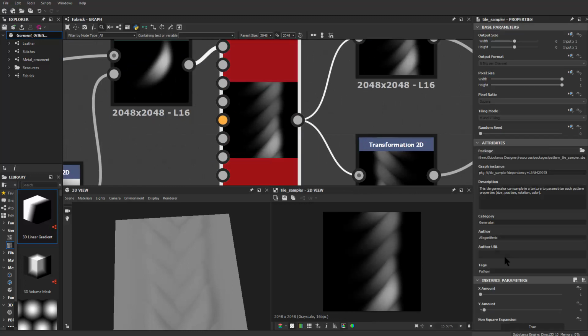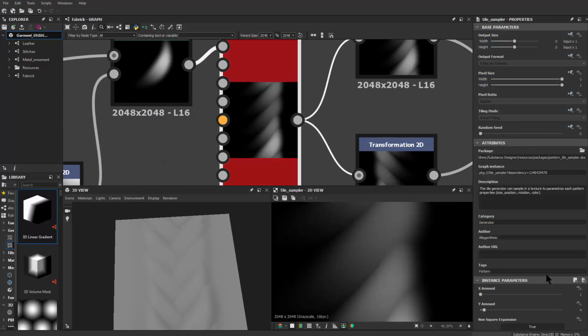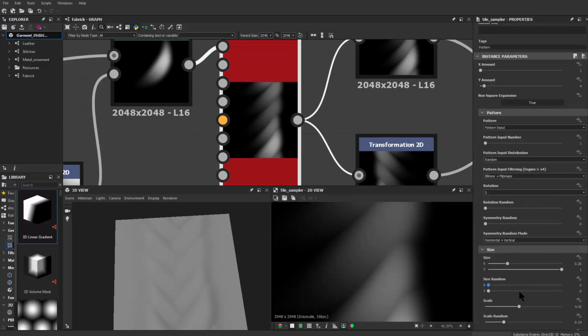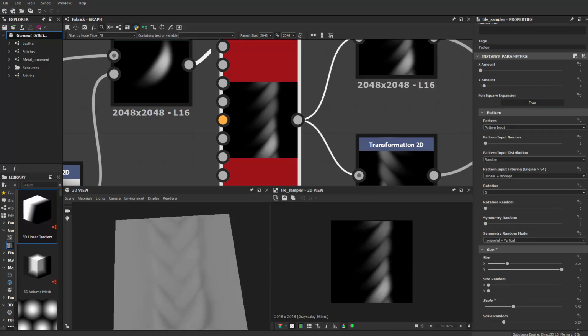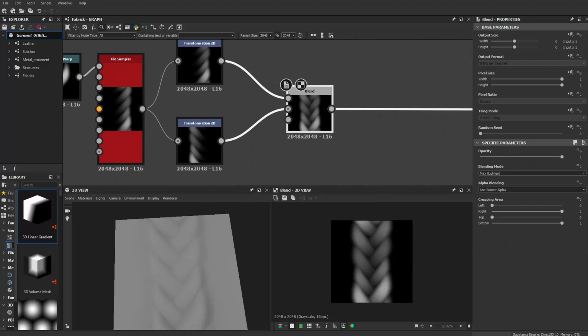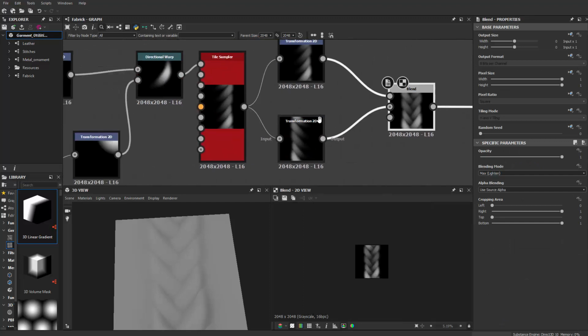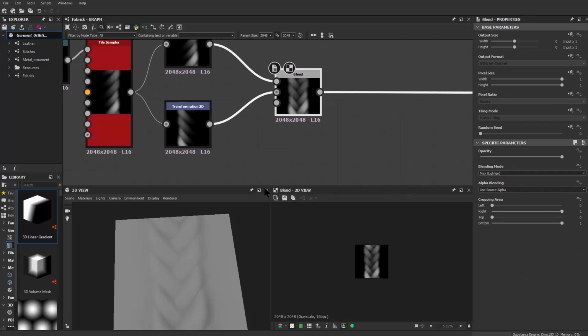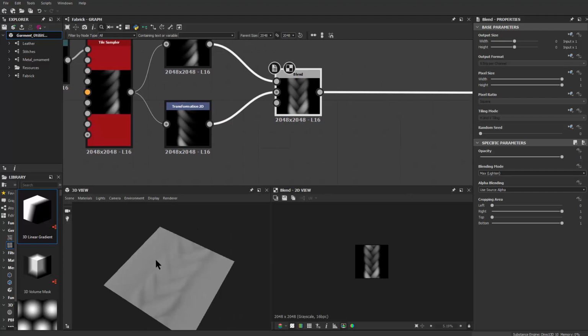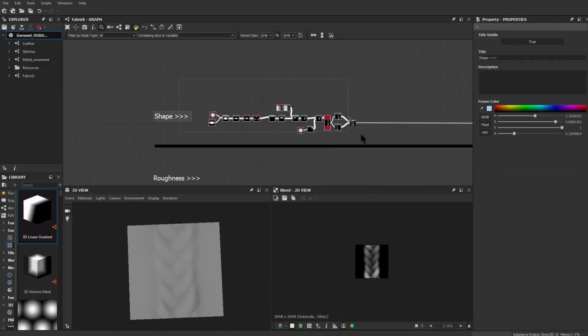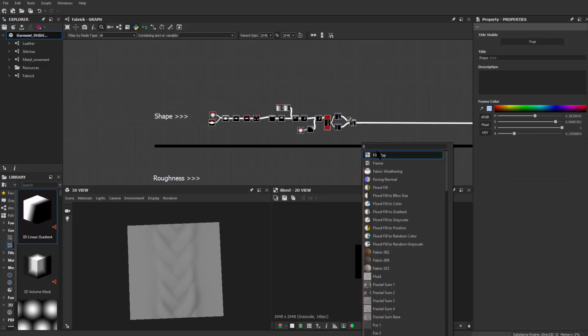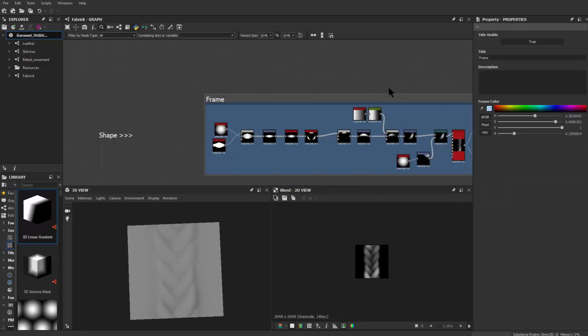So go back here. I'm thinking maybe that one was moving too much, so I'm gonna try to lower down the size random, so that it's not doing too much crazy stuff. We still got some variations, even on the brightness part. Okay, so that's basically a kneading pattern now. All right, so I'm gonna grab all these things and do a frame. I'm gonna call this guy kneading